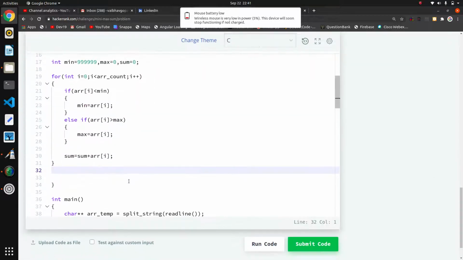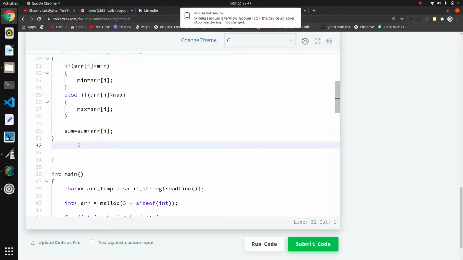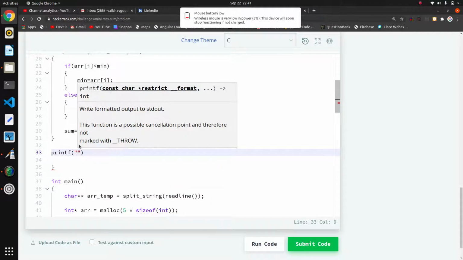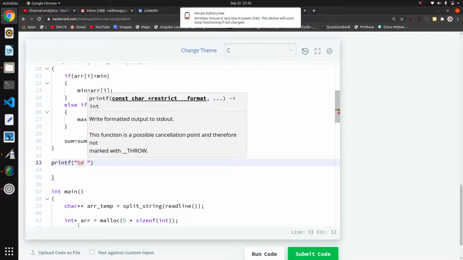The prototype is void, so I have to print here. I will write printf with %d space %d.